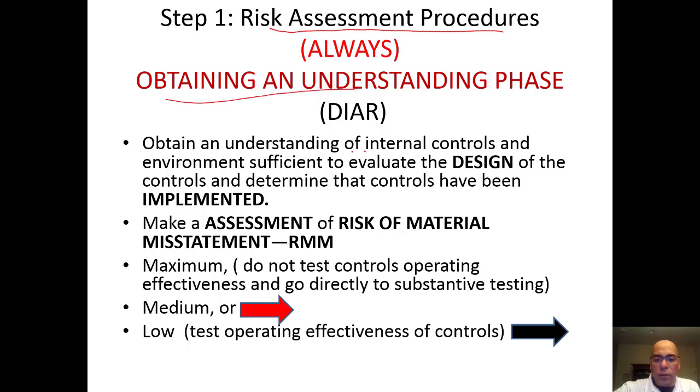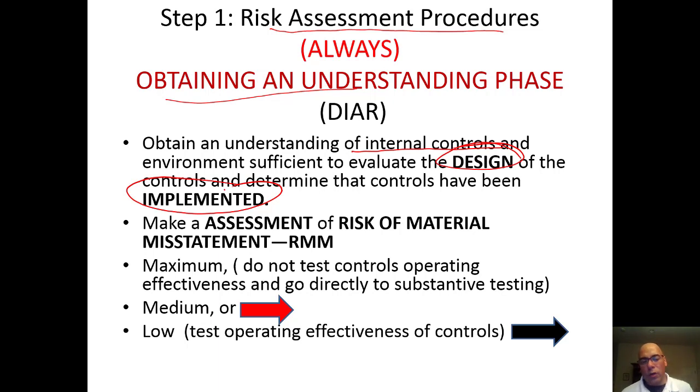And when we look at the internal control, keywords, we consider the design, consider that those controls have been implemented, and based on that, we make an assessment of the risk of material misstatement, and that's the interaction of our RR and our CR. We're talking now about how the auditor will consider the control risk here. And if we assess the risk of material misstatement at the maximum, we're going to follow the red arrow over to the next page and go directly to our substantive testing. If we assess the risk of material misstatement at less than the maximum, we're going to follow the black arrow.